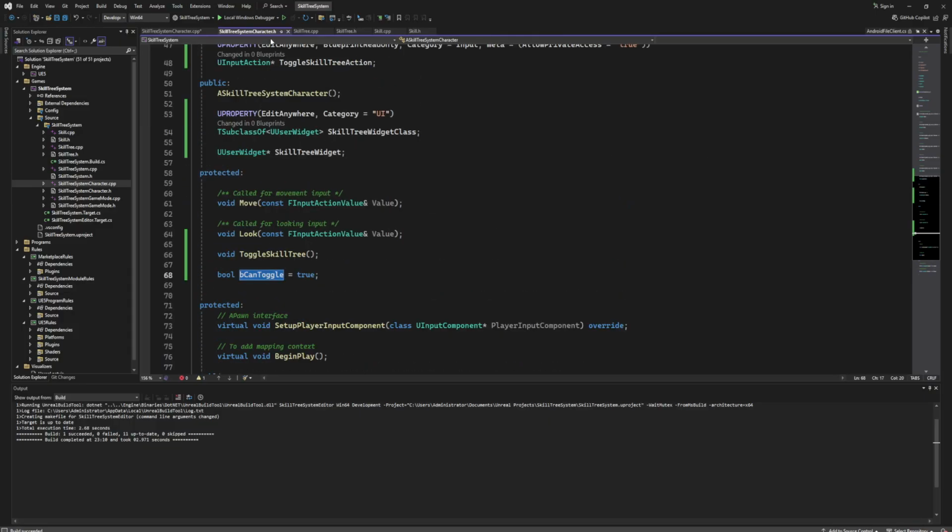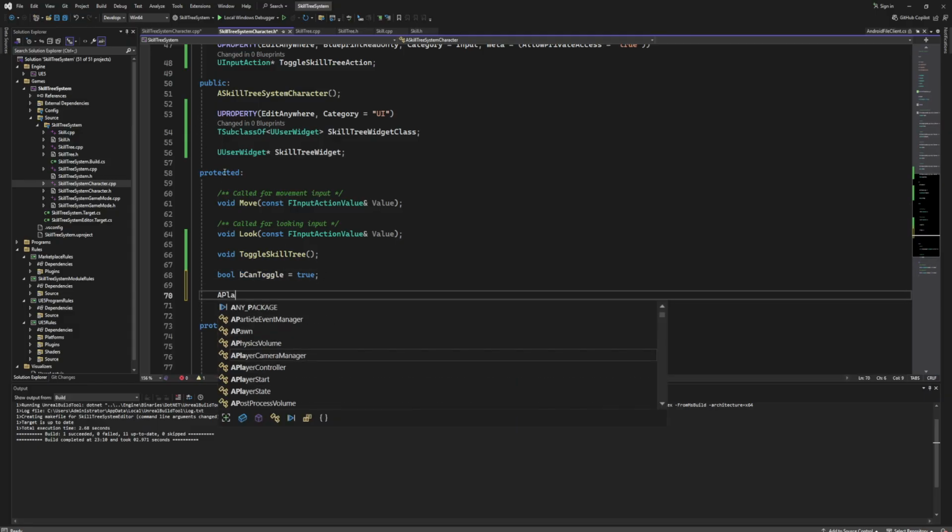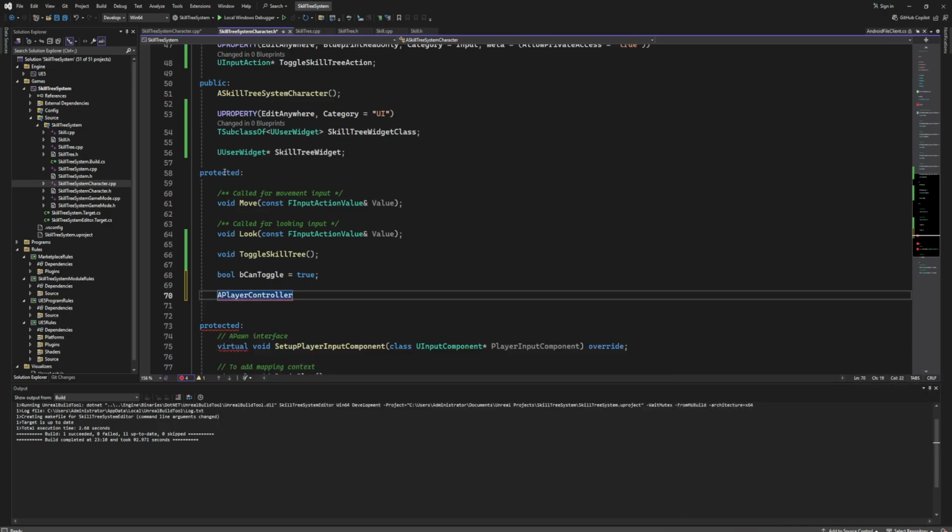So we are going to do that inside the .h header file, because like I said, we are declaring the variables and the functions inside that header file. So we are going to do that below the protected, and it needs to be a class of a player controller. It is also going to be a pointer,